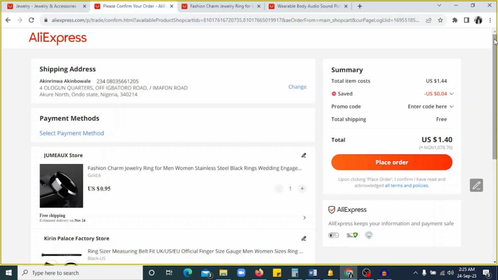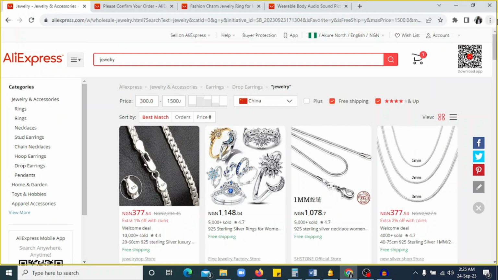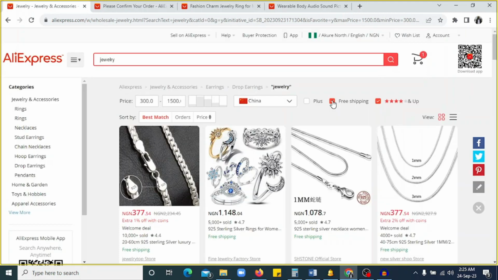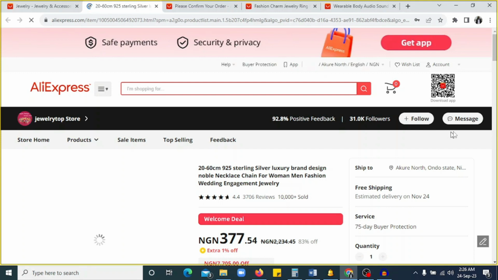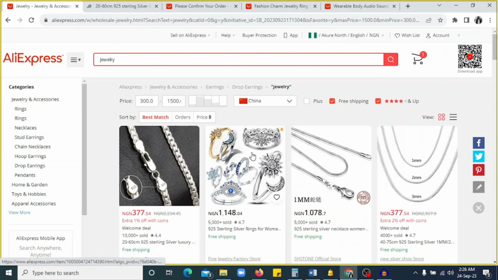But let's just do something. We only did free shipping, and with free shipping you are kind of limited. If you actually want to buy goods, you have to untick this free shipping, and in this case what you do is you look for products that the shipping fee is very cheap. Let me see this. This is only for free shipping. Free shipping is always good for personal items, except if you just buy items around and then,